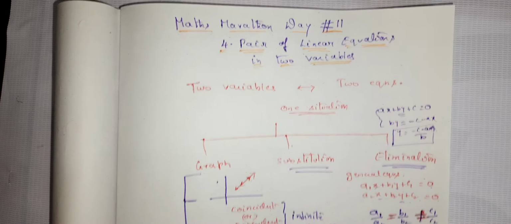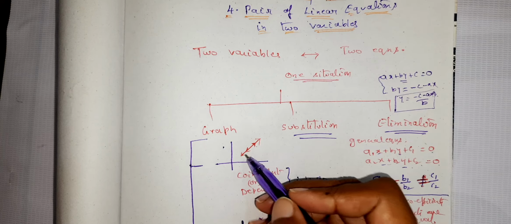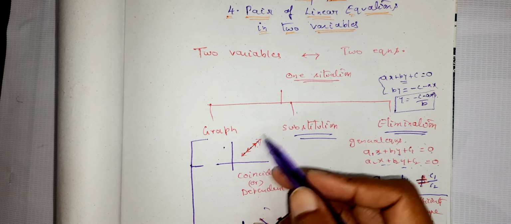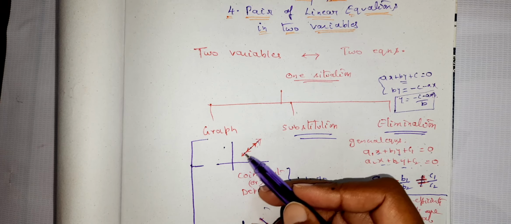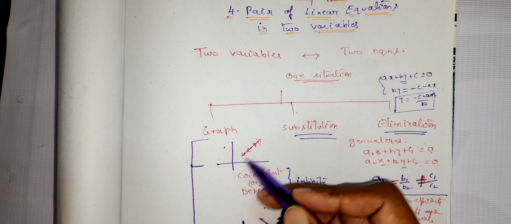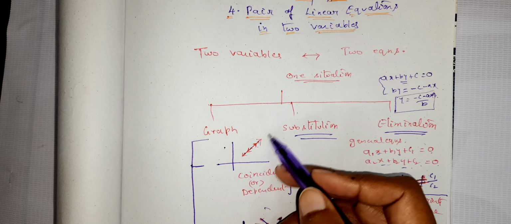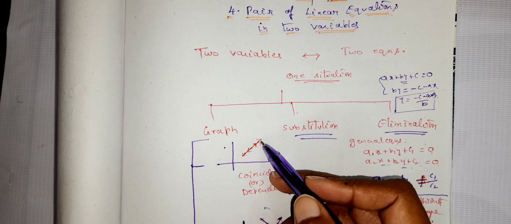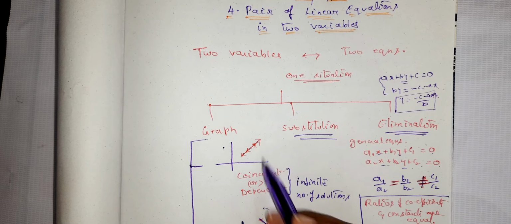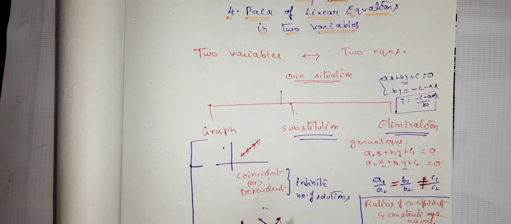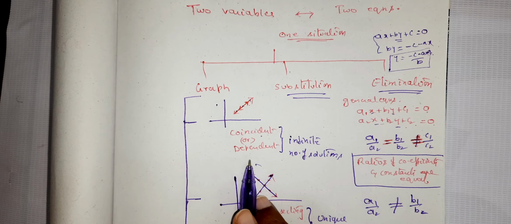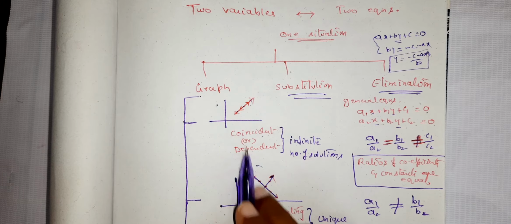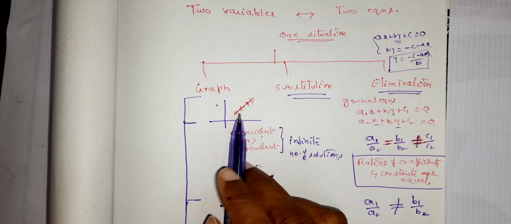Right? If you get the graph in this manner, that means the points of both the linear equations are along the same straight line. So that means when you join the points, they both form the same line. That means we say them to be coincident lines or dependent lines. And what are the names? Coincident or dependent lines. And number of solutions.